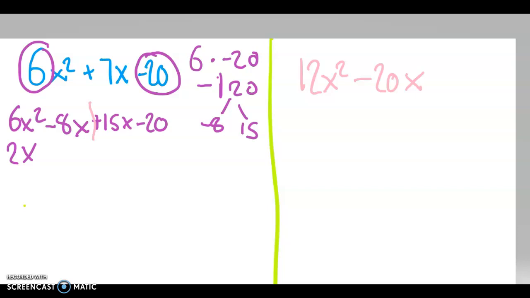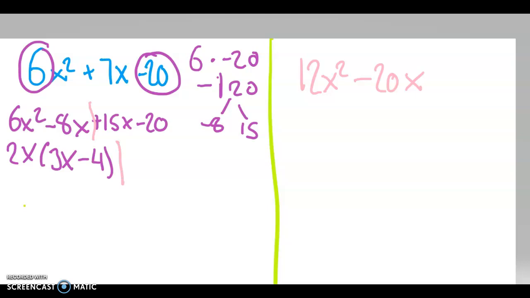Moving on, since we've established that our greatest common factor is 2x, we will now divide 6x^2 by 2x, which will give us 3x. And now we will be dividing 8x by 2x, which will give us negative 4. Now moving on to the other side,